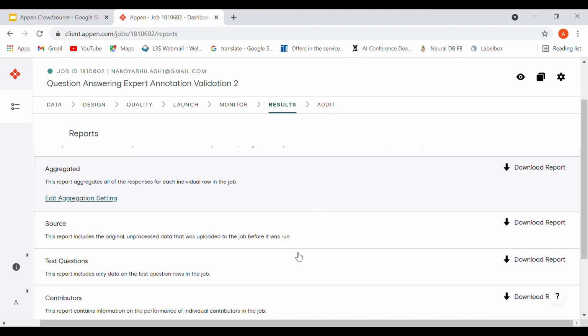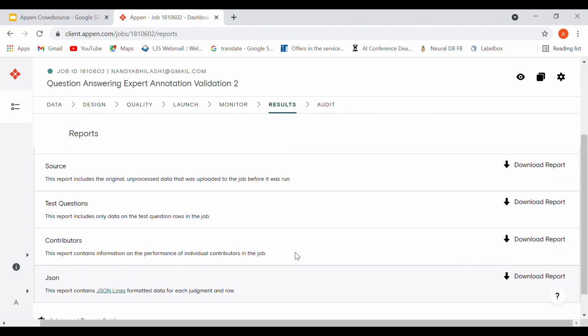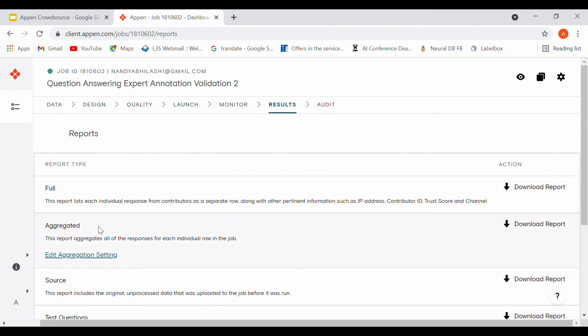There are also other sorts of reports that you can download. And this is a new feature which I have not yet gone into, so I won't be discussing it right now. Maybe sometime later. This is some auditing feature, which I think has something to do with seeing the quality of the annotation.